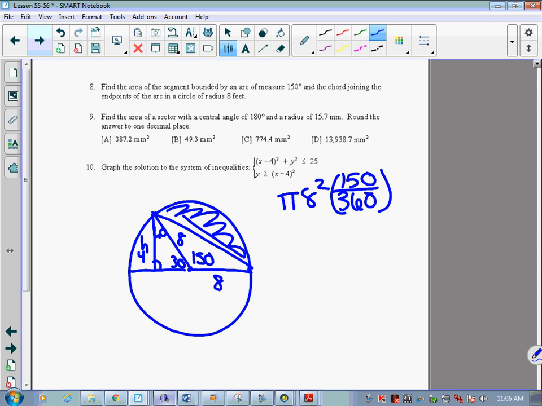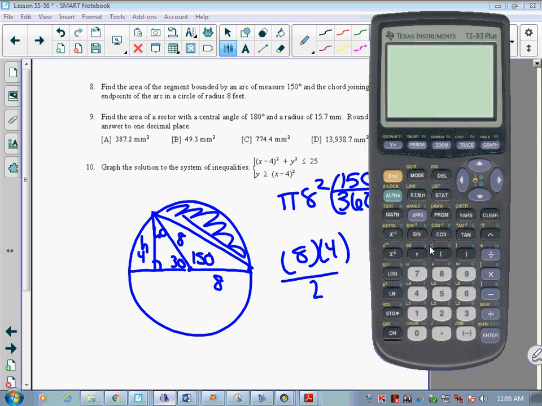So that works out really nice for us. All right, so for the area, now we have to find the area of the triangle, though. So we're doing 8 times 4 divided by 2, correct? Okay. So I'm actually going to put this all in together. And I probably shouldn't do this all that often, but I'm going to do second pi 8 squared times 150 divided by 360. Okay, and I'm going to close up all of that minus